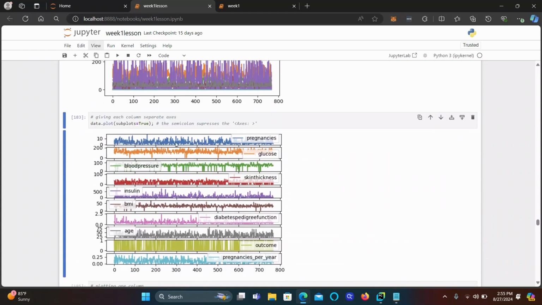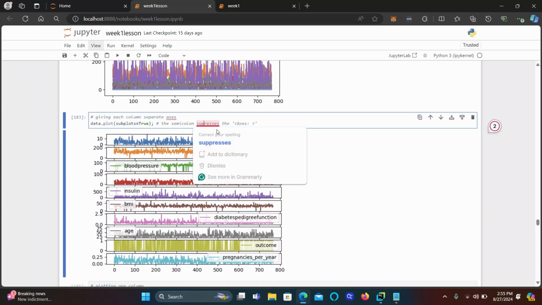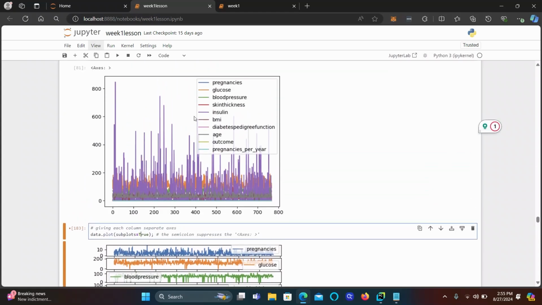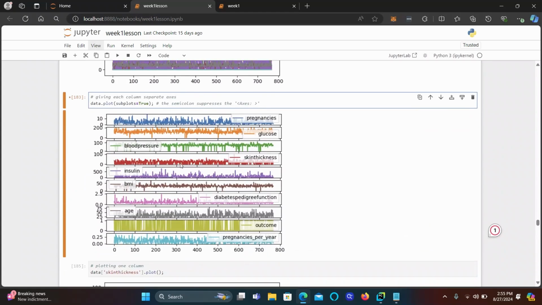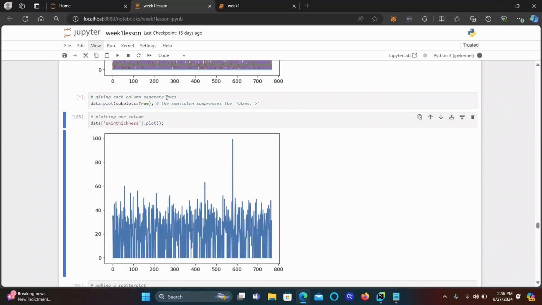So what we can do to make it a little more useful is data.plot, but keep this parameter, subplots equals True with a capital T. So this is going to plot every single one of them, but separately instead of all together. Plots it separately like this, see? The semicolon on the end here